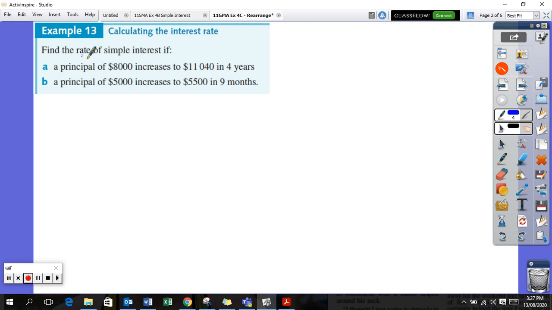We want to find the rate of interest. So R equals 100I over PT. Okay, so that's our formula. R equals 100I over PT. So in part A, we've got P equals 8,000, and the interest here is going to be